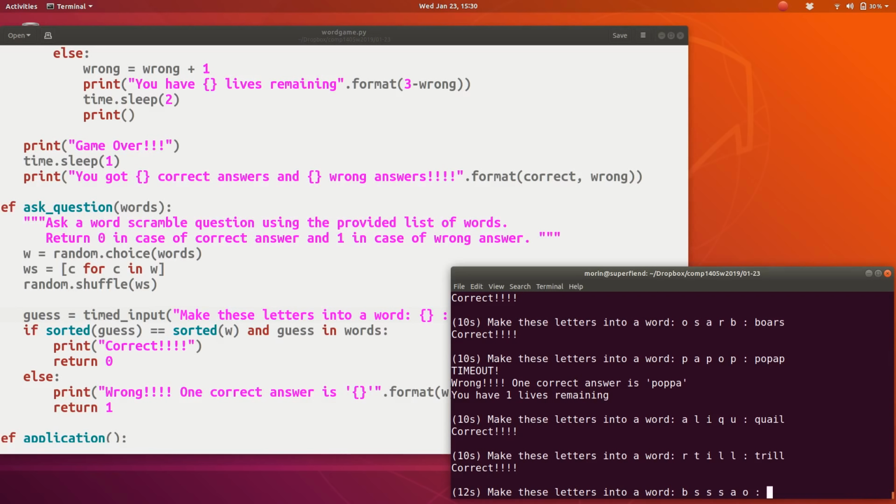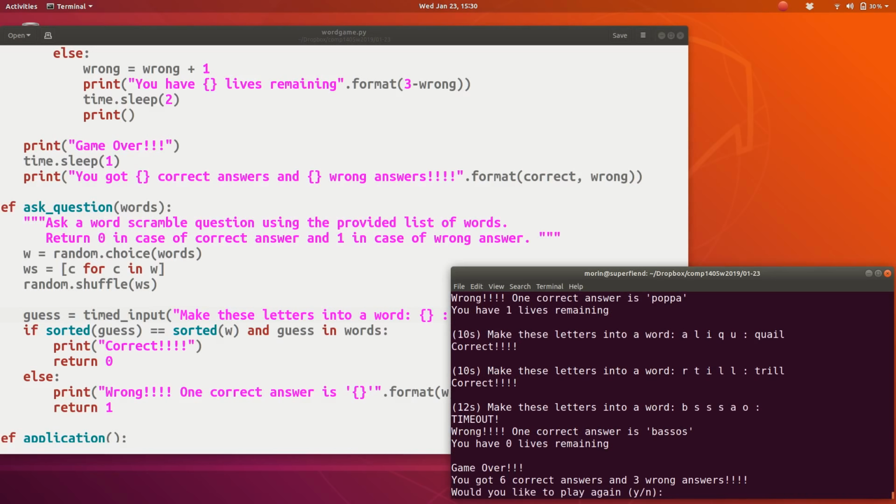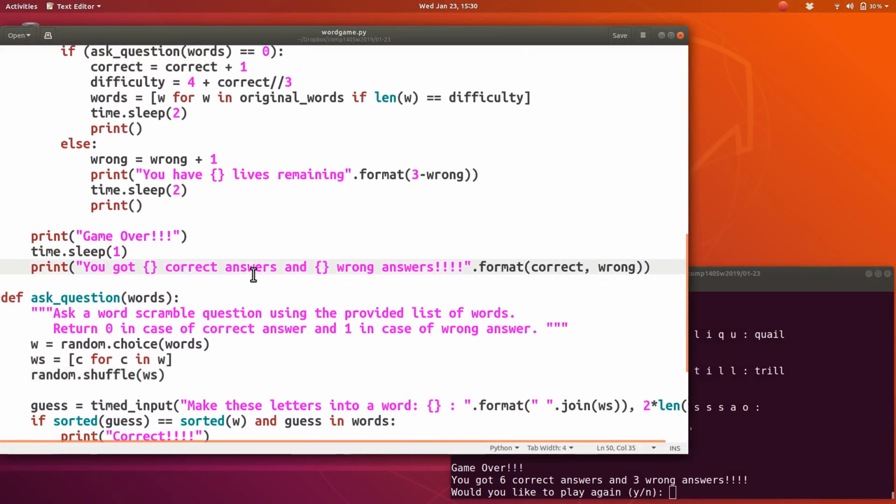Getting harder now. Any ideas? I suspect that our 12 seconds is up by now. Bassos. Okay, 6 correct answers, 3 wrong answers. Not bad. And again, more dramatic pause, game over, print this,